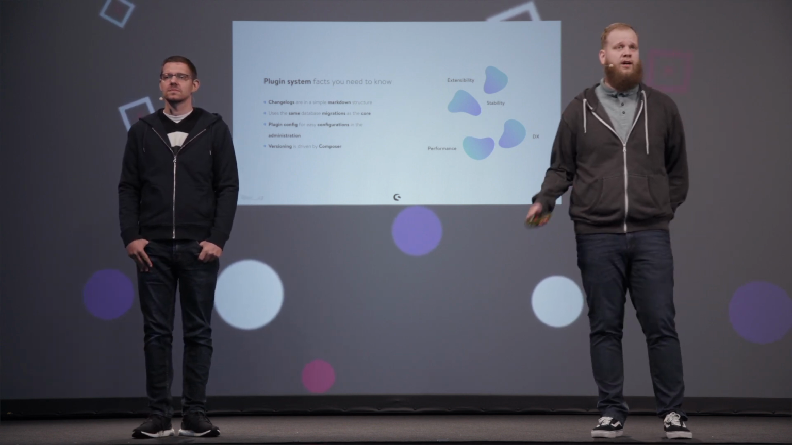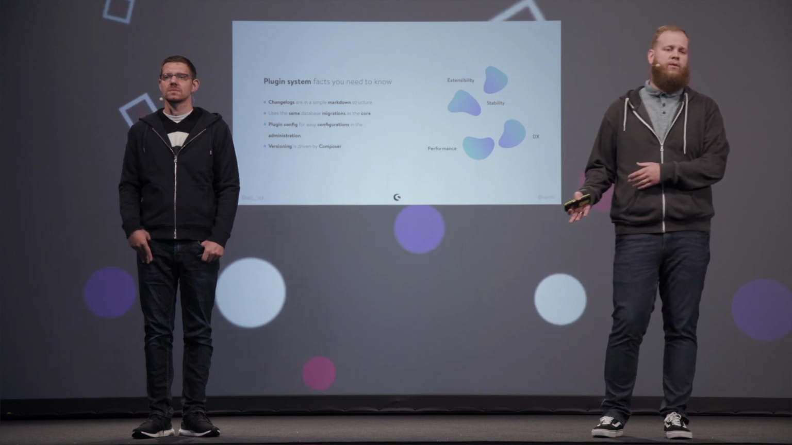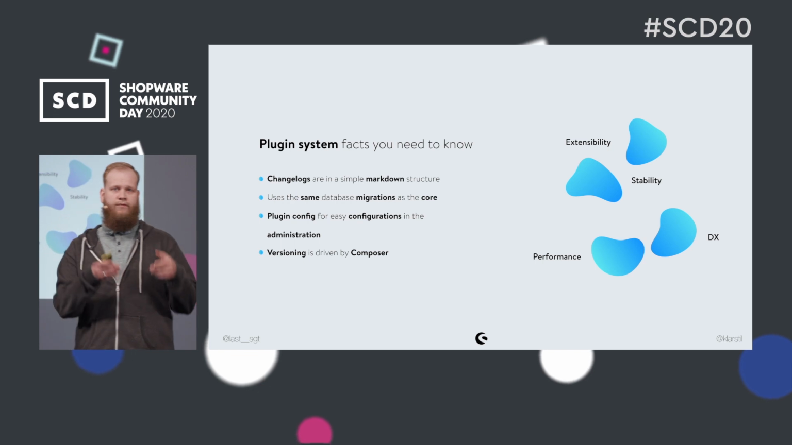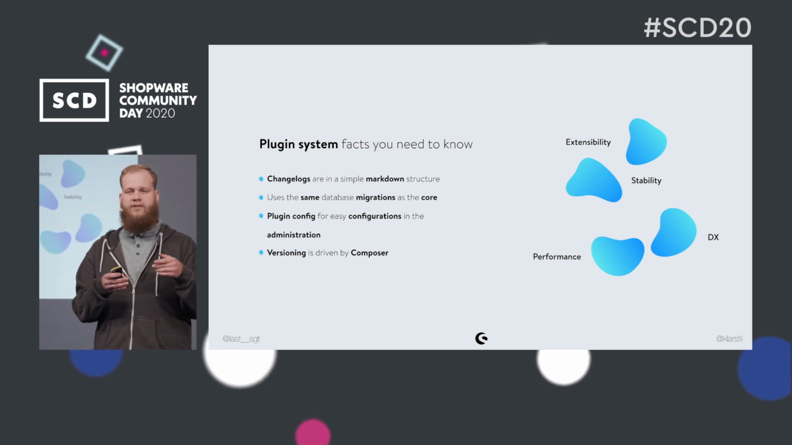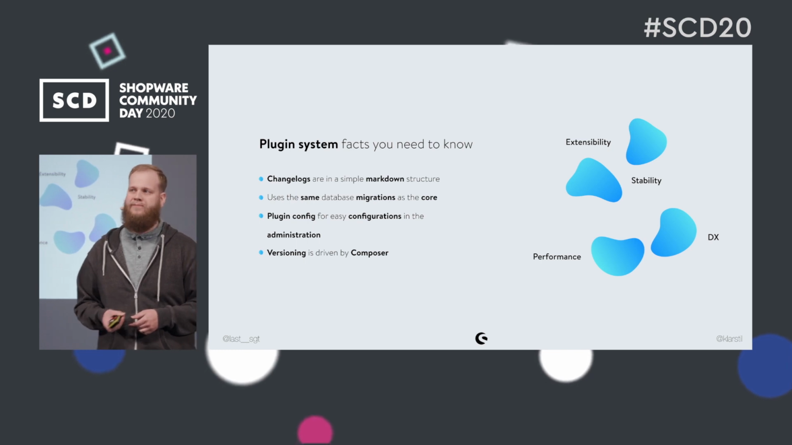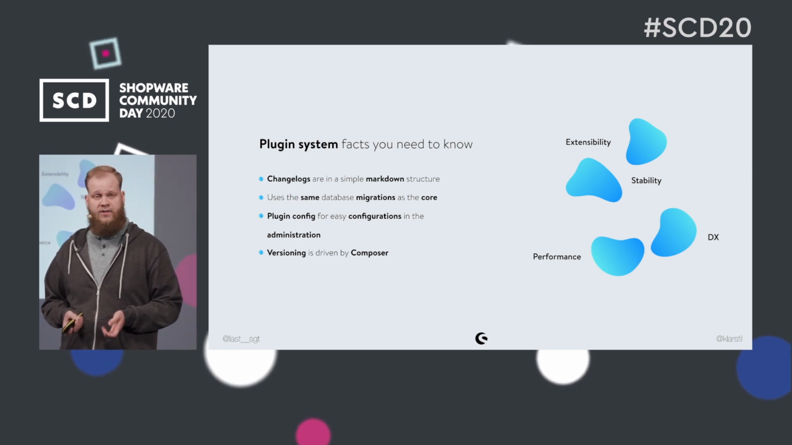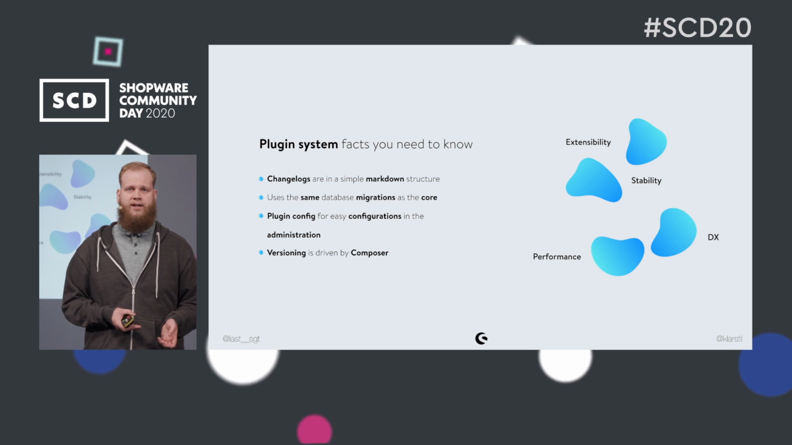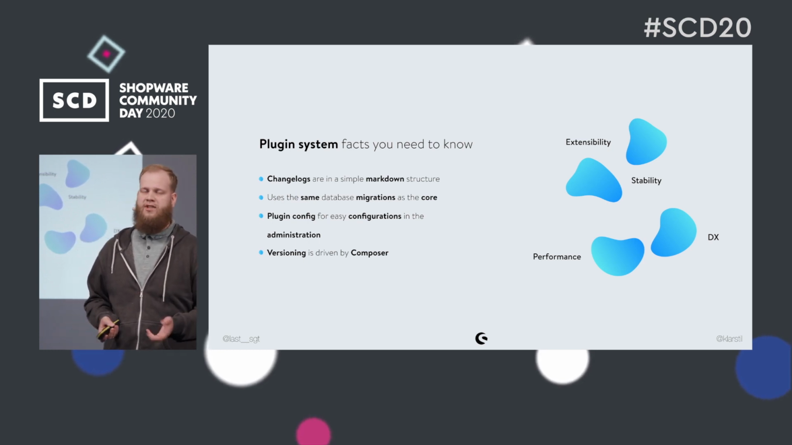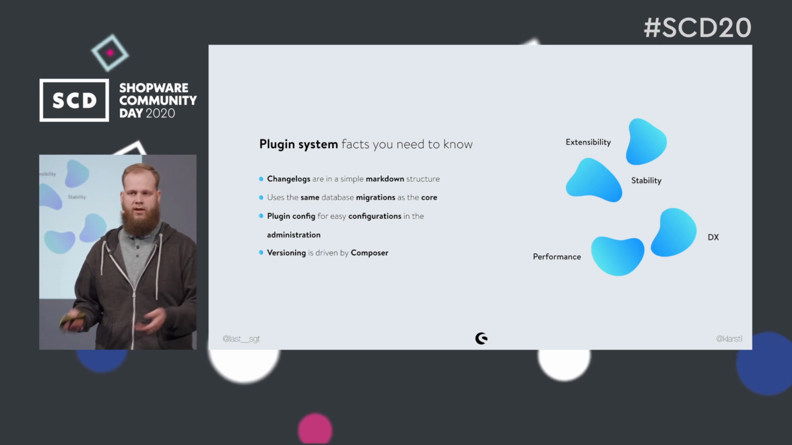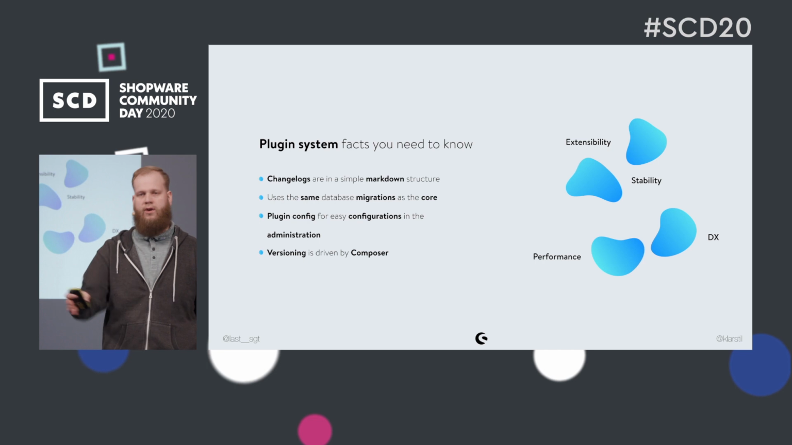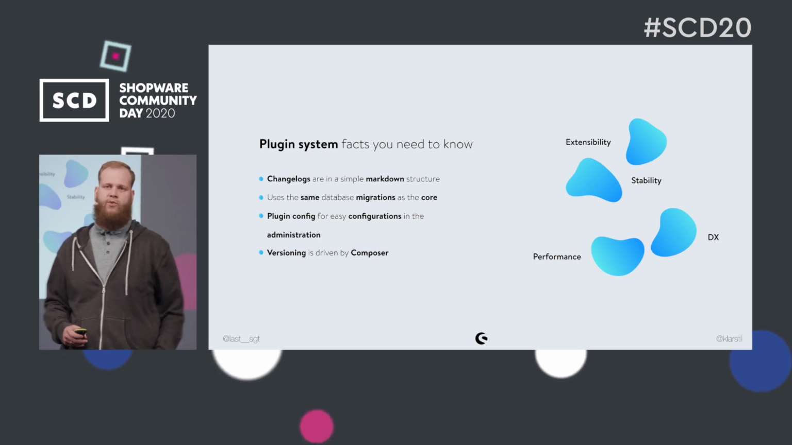The change logs are maintained in a simple markdown layout. Basically, each heading marks a version, and then you just commit the changes in an unordered markdown list. The plugin system uses the same database migrations as the core. So this is really great because every time that you need to take a look at how they did that or that in Shopware 6, you can just look in the core and do the same in your plugin migration